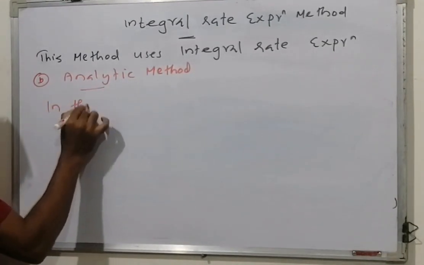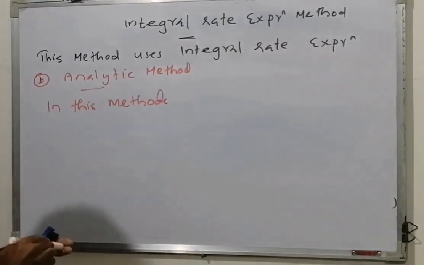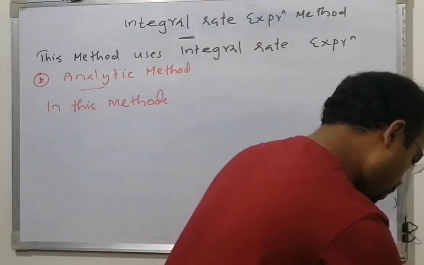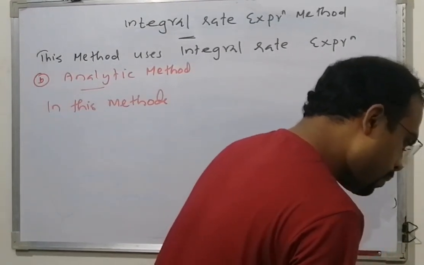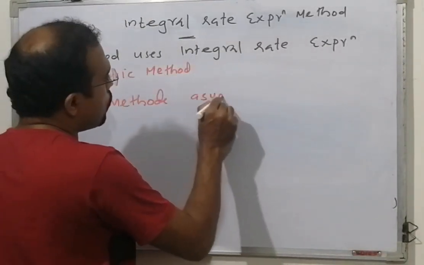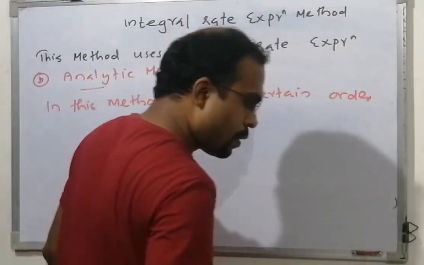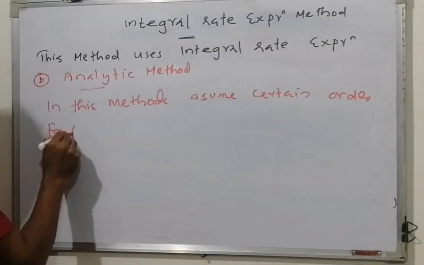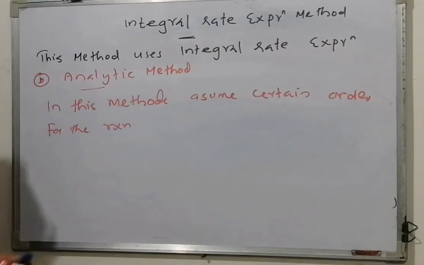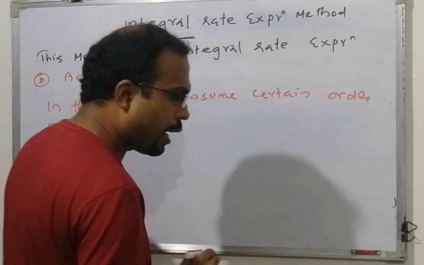In this method, we assume a certain order for the reaction. It's a trial and error method. We assume a certain order, suppose zero order, for a certain reaction, and